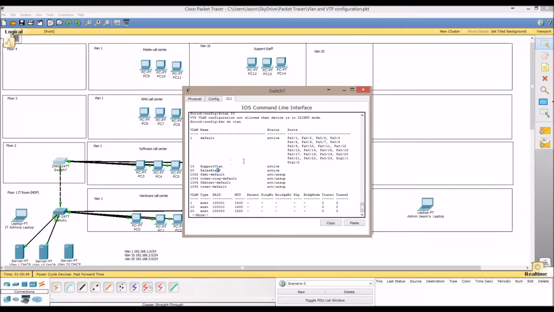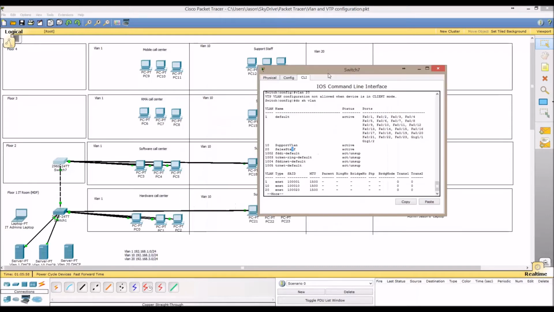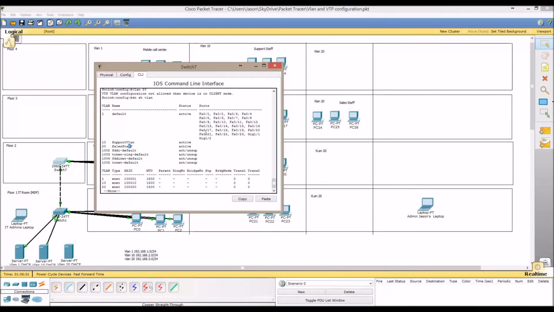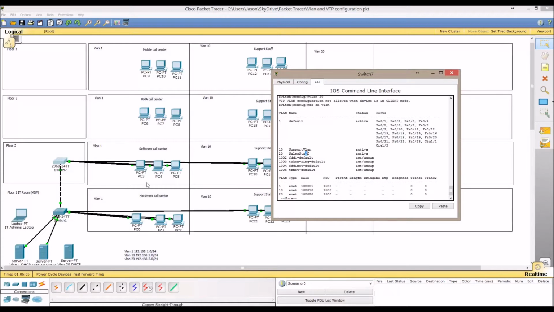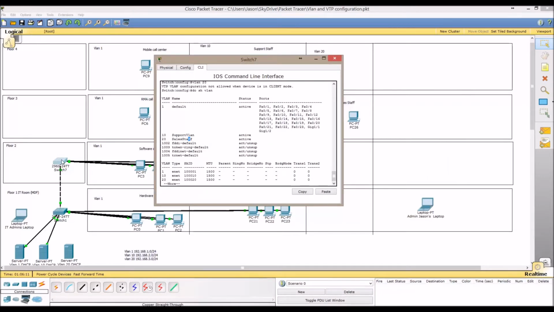Of course, it doesn't push port configurations. Because it could be different scenarios for each one. You might have just a few computers up here, so that would be annoying pulling the ports out. So it's just in this scenario, I do have the same amount of computers and the same configuration on each floor. So let's go ahead, and now we can just start adding our